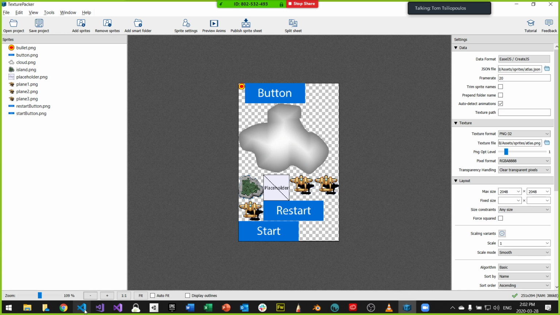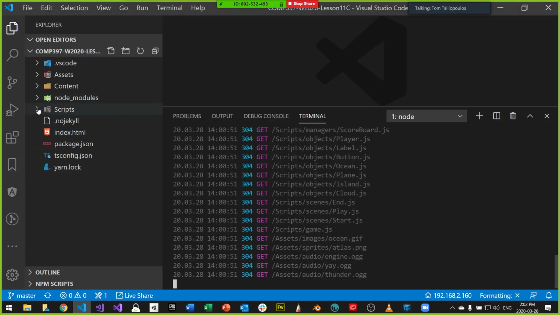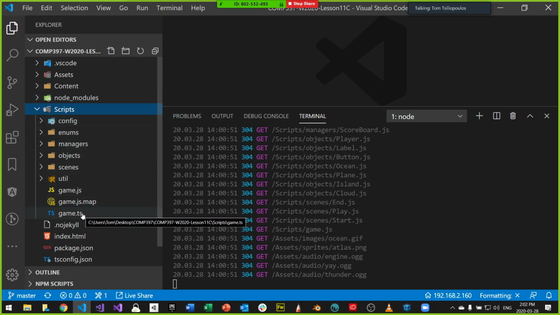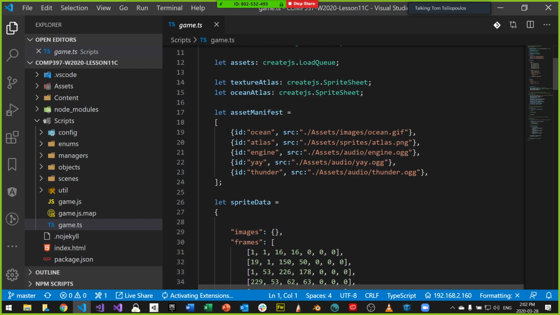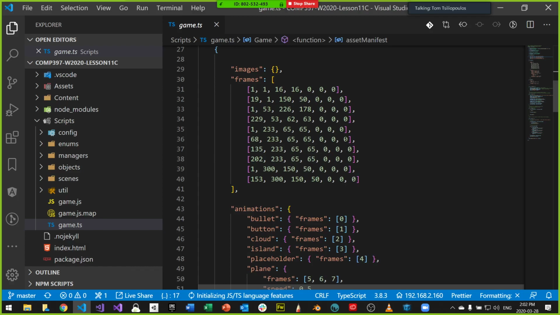And the way that's done is inside of your scripts. This is just a little bit of review. In Game.ts, we load our ocean, and then we load our atlas, and the atlas has these frames that have been defined, right? Each frame is really just a position, X and Y, as well as a width and height of where I'm looking on the sprite sheet. So we start frame counting at 0, so 0, 1, 2, 3, 4, and so on.